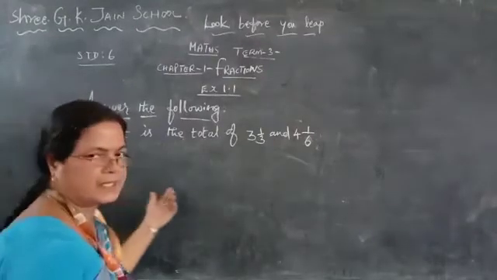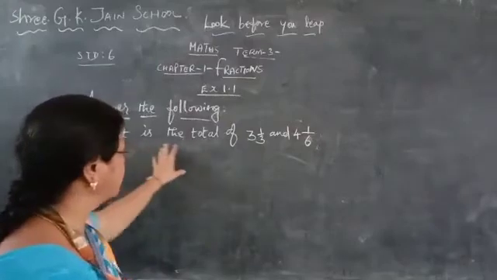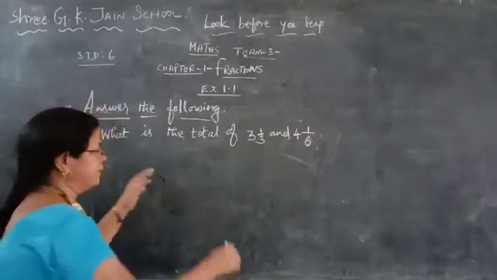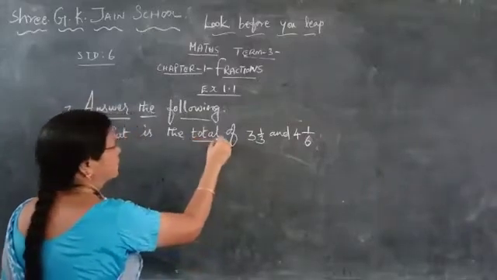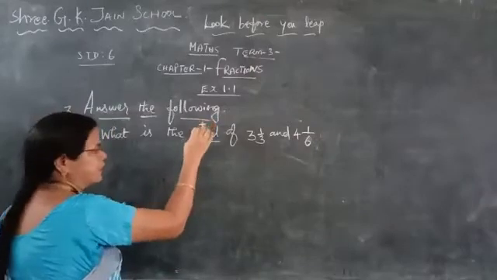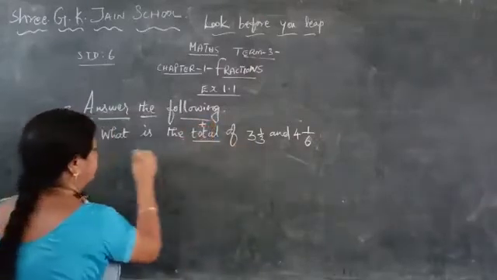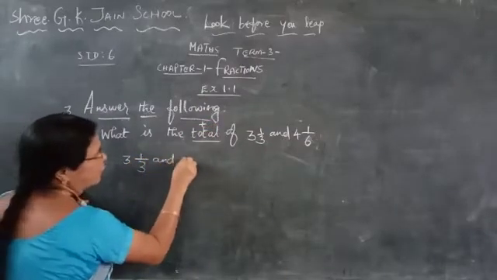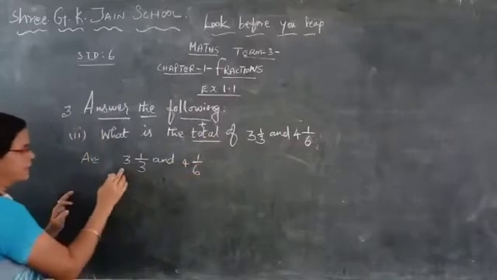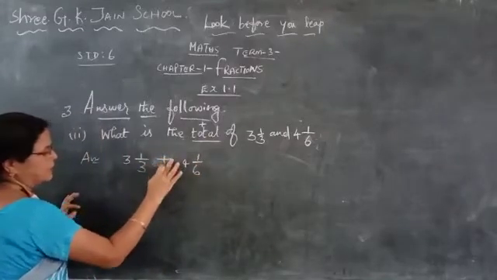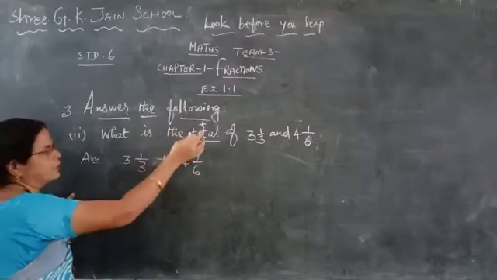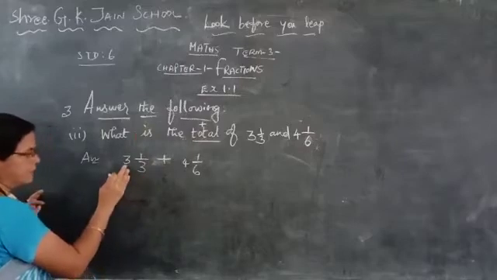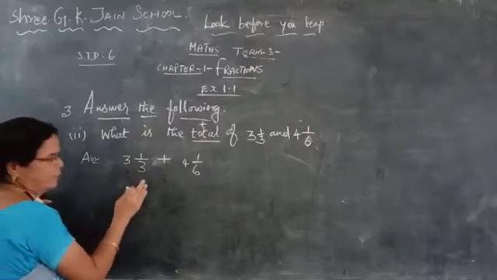Now in that question, the second sum we will see now. See in this, what is the total of 3 1 by 3 and 4 1 by 6? Mixed fractions are given here. See here now, total means plus. First we select this one, it is easy for you to do the sum. See in this answer, now 3 1 by 3 and 4 1 by 6. Instead of writing "and", you are going to take that as plus. Is it clear now? And now, see here, first you are going to write this mixed fraction as an improper fraction.